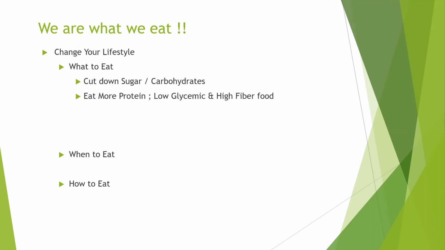Usually we get these food cravings. Why that happens is when our blood sugar level goes below 70, that's when the cravings start. But let's say if somebody eats a diet which is rich in protein and rich in fiber, they will have the feeling of satiety for a longer period of time. And thereby the food cravings can be avoided. So very important to take good amount of protein and good amount of fiber in the diet.